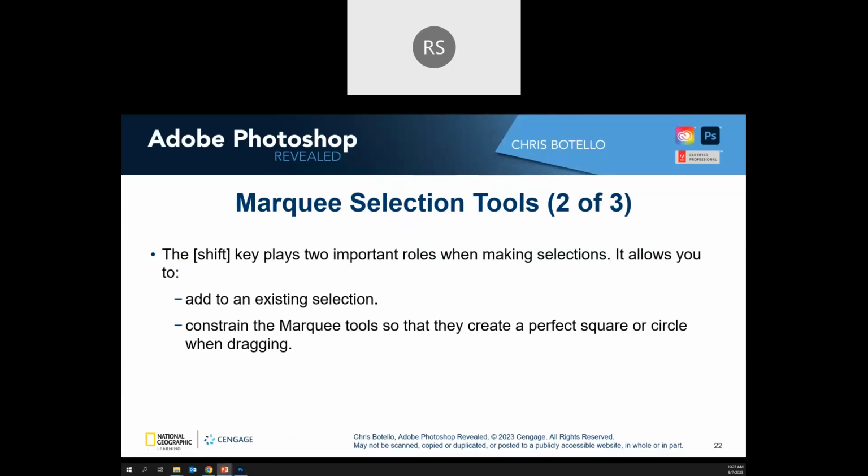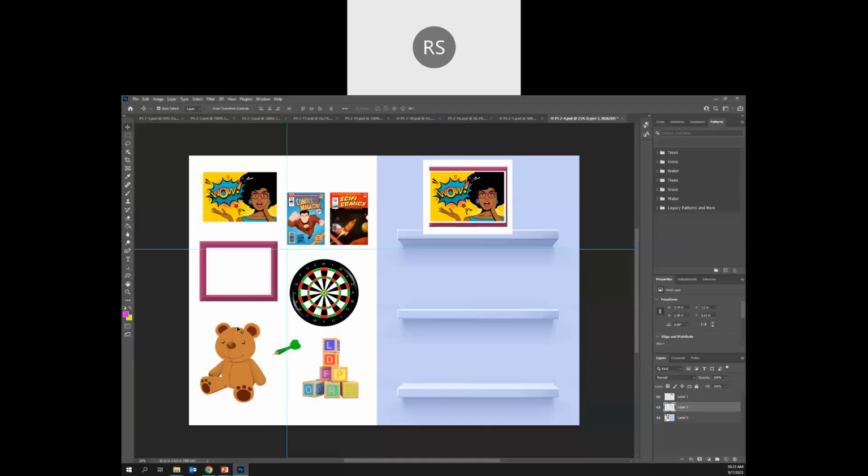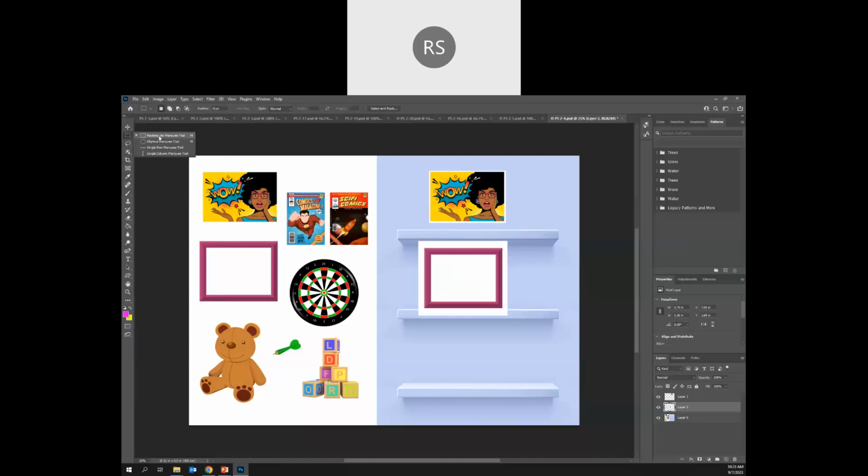Now, when you make your selection, you can also go in and edit that selection. You can use the shift key to add to an existing selection, or you can use it to constrain the marquee tool so that it creates a perfect square or circle when dragging. So you see that the selection I made here is not perfect. So if I am going to fix this,